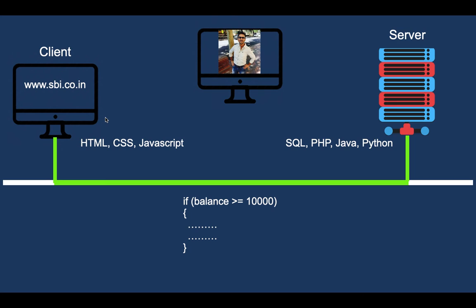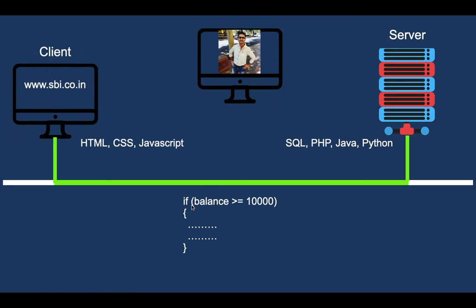Tell me why. See, the answer is quite obvious, okay, and it's funny also. Let's assume a situation in which the server sends this code to the client. Now, if you know programming a little bit, you don't need to be a genius also. If you know programming a little bit, then you can perform modifications on this code, okay, and the code will execute. I mean, these statements will execute after modification. These statements will execute even if your balance is less than 10,000. Okay, did you understand what I said just now?